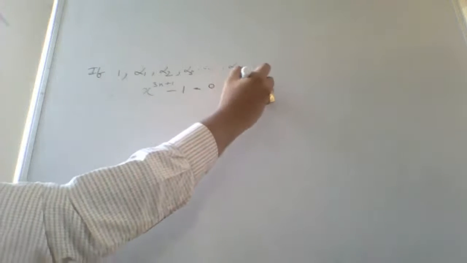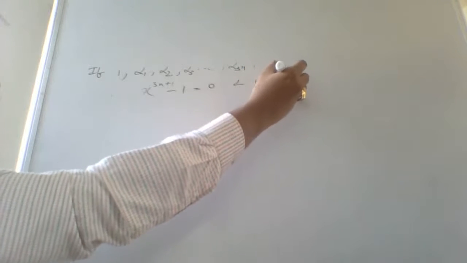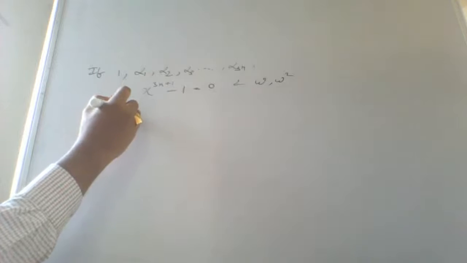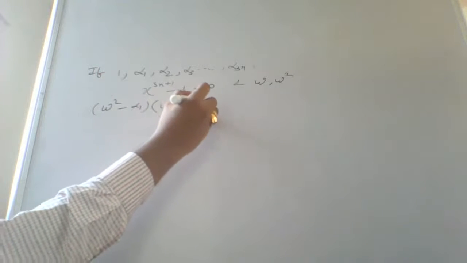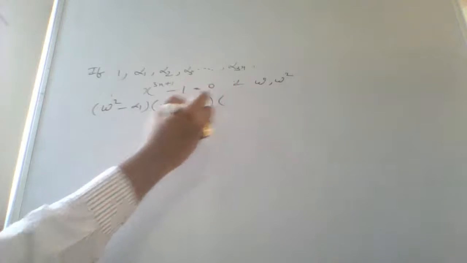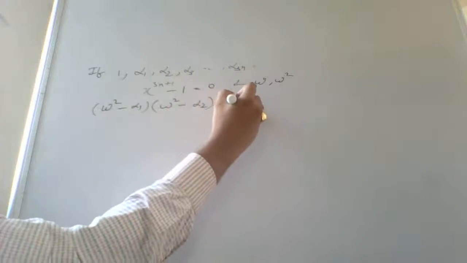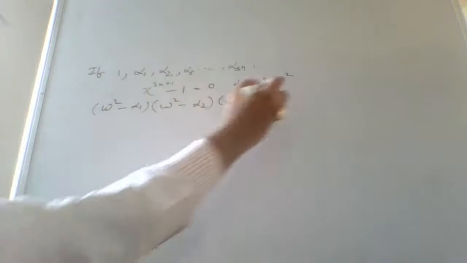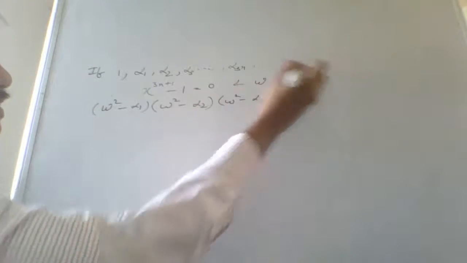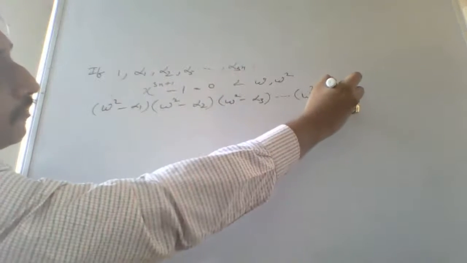And we have omega square, which are the imaginary cube roots of unity. Then omega square minus alpha 1, omega square minus alpha 2, omega square minus alpha 3, and omega square minus alpha 3n